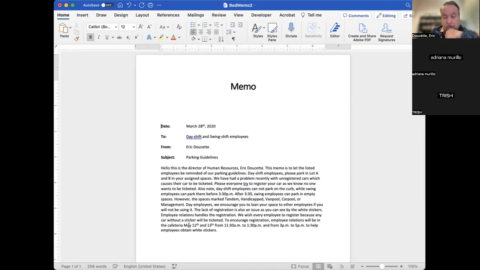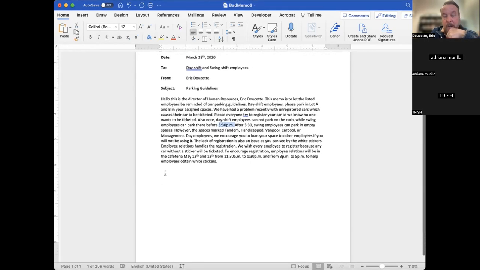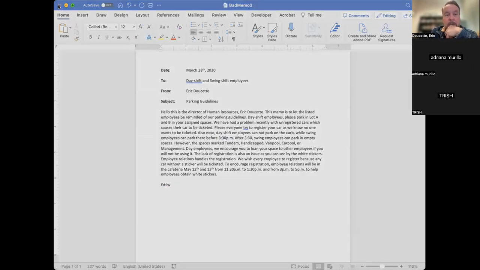And then again, they didn't group all the information together. It's pretty much like the scenario read. They didn't use any design elements to improve the readability. They didn't use headings. They didn't use bullet lists. They didn't use any bold text, etc. They are also missing the initials of the author or sender. In this case, the author was Eric Doucette, so it should just be ED at the end. If I had a secretary type it, it might be ED and then Linda Wolf, LW. Now that's a properly formatted memo. So that one was a problem.